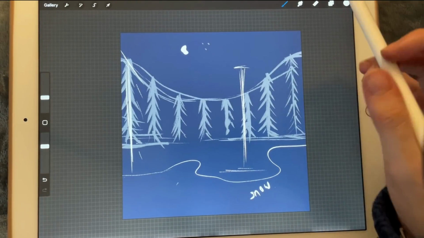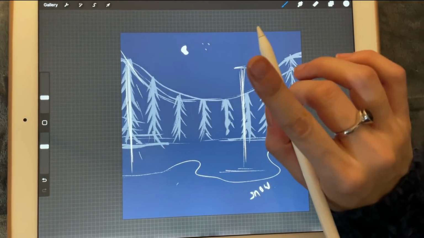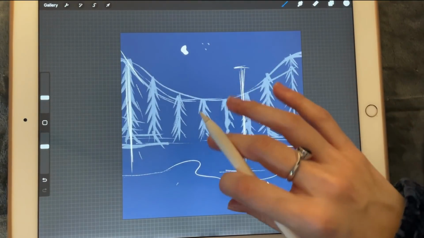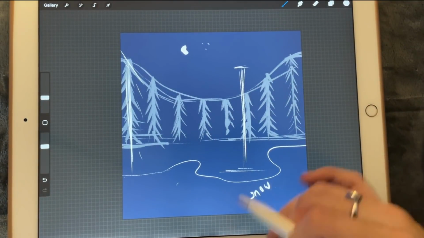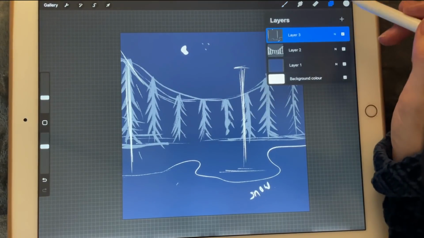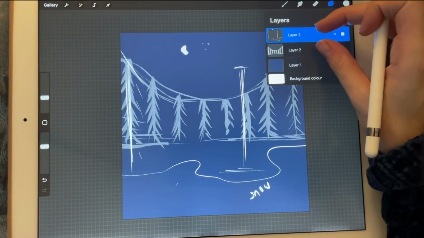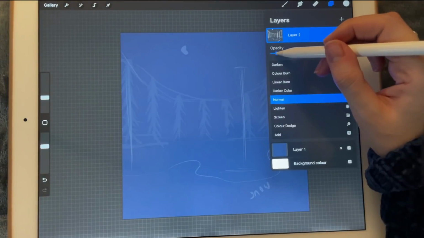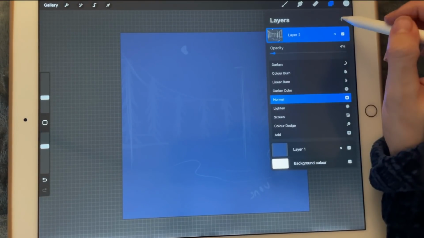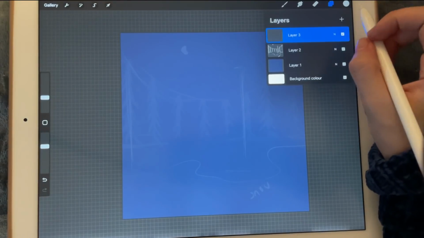Let's keep it simple, because one pine tree is gonna take a lot of time, and then we're just gonna be duplicating and merging basically. So let's just merge these two first. We're gonna lower the opacity, and let's start with the